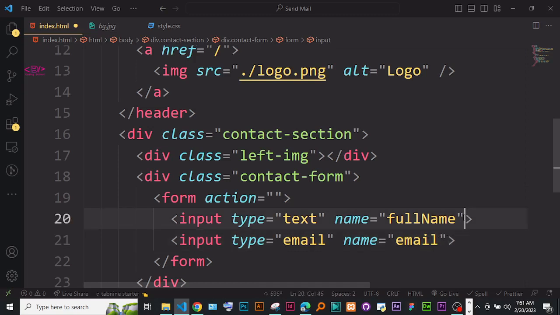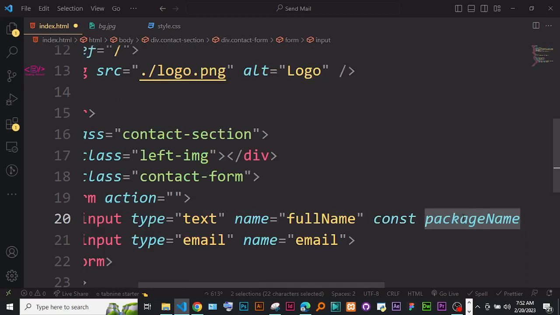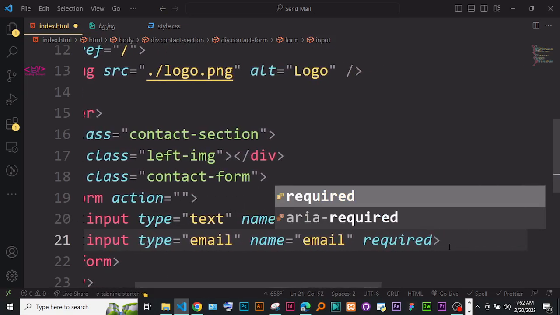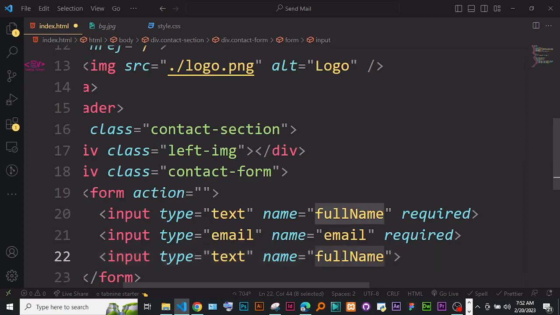Okay, and you can also add an attribute of required, so that no one can submit the form without filling in this field. So just make all the fields required. So go ahead here and add the third one, which is subject, which is also input text. So here, subject,